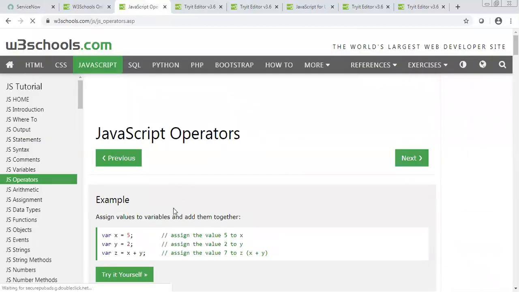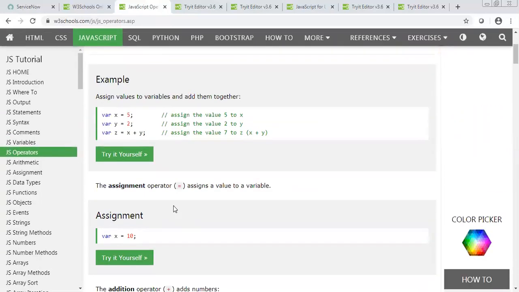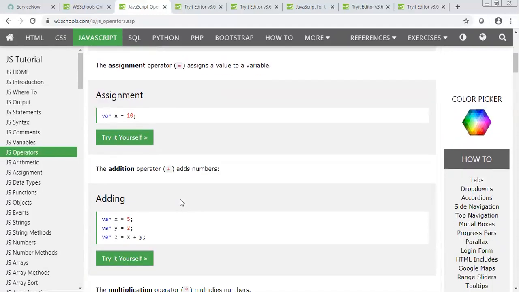Then operators. Here you get operators like the assignment operator, where you are assigning a value to a variable. So we have variable var x, and we are assigning the value 10 to the variable. This is what the assignment operator is.